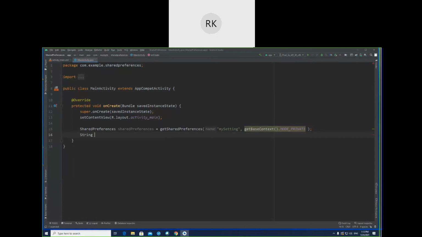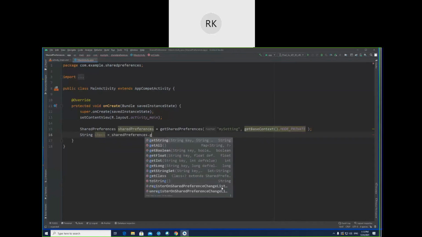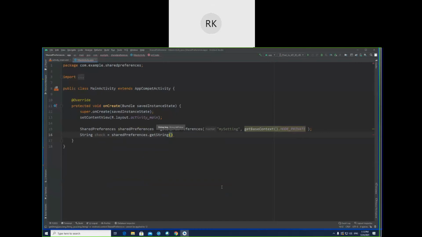string. We are checking it. Check equal to sharedPreferences that we have dot getString. Okay, and in this getString, this will be key value pairs. So for example, if we want to differentiate a message or customize a message for users, okay, so let's suppose I give here, I want to see whether this is the first time that this application is running or the second time.